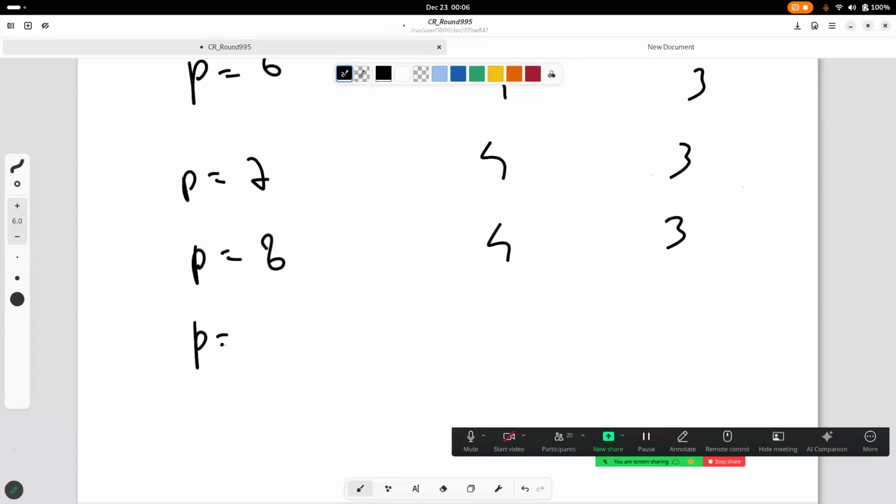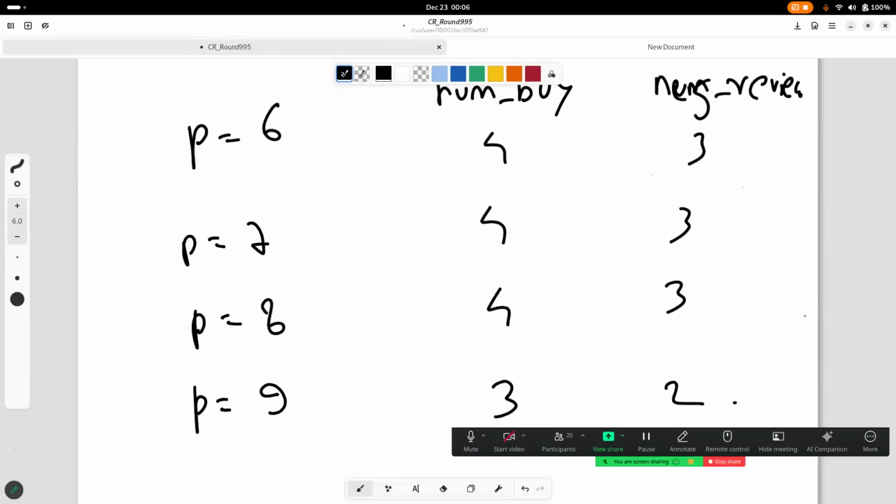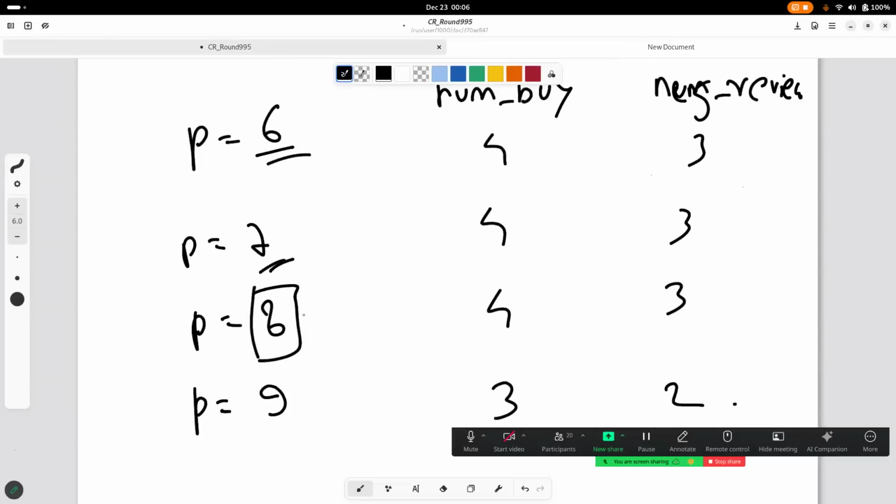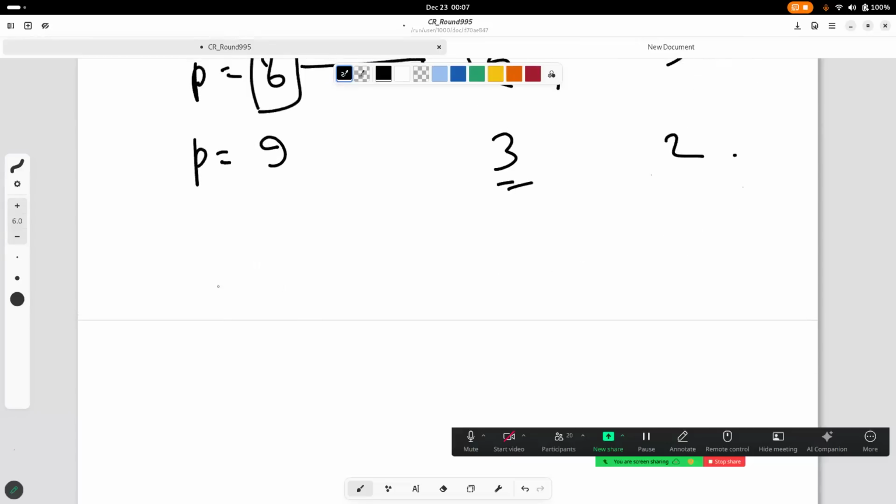Then for P equal to 9, let's say something changed and fewer people decided to buy, and that was also reflected over here. You don't really need to consider P equal to 6 or 7. We just directly need to consider the maximum P for one set of num buy and negative reviews. Why? Because your answer is P times num buy,